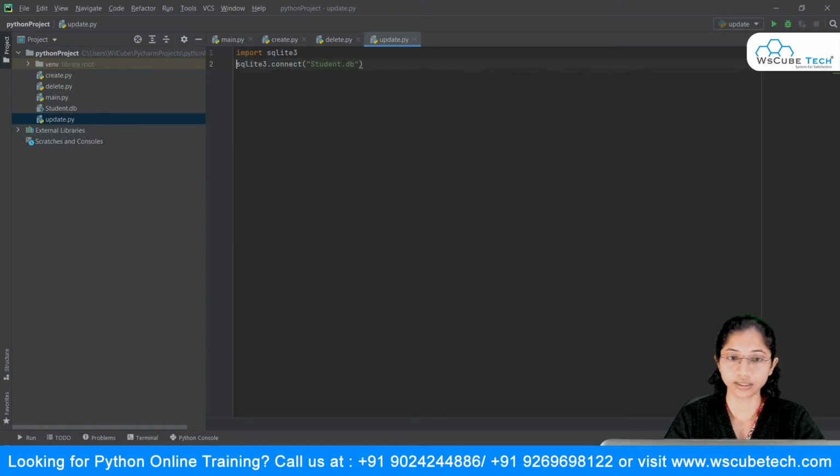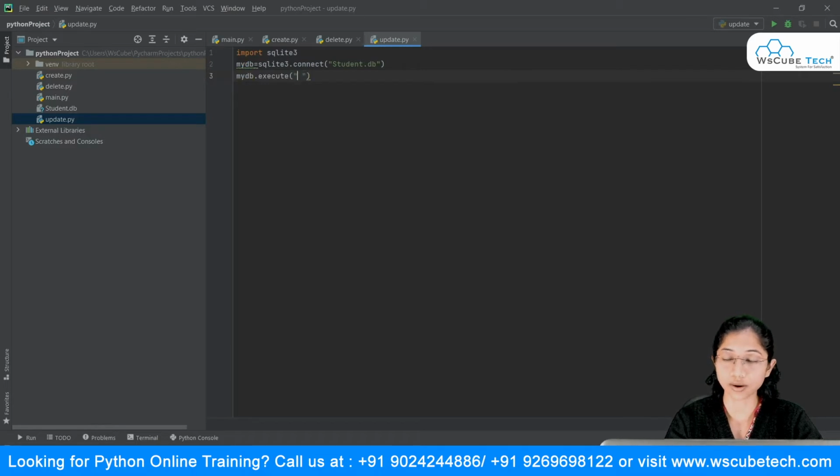All right, so this is how we connect. As you know, inside this parameter we mention the name of the database. If the database doesn't exist, it just creates a new one for you, but if it already exists, the connect method will simply connect to that particular database. I'm going to store this inside a variable, so I will say mydb is equal to that. Now, in order to execute my query, I have to make use of the execute method, so I will say mydb.execute, and inside this I'm going to write the query.